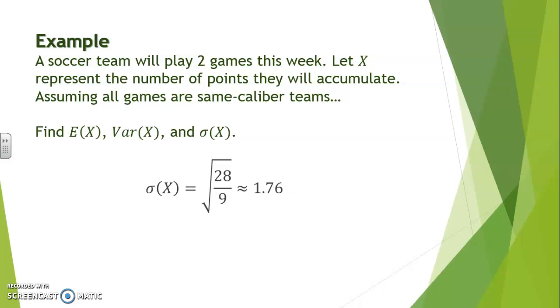So putting everything together, we have an expected value of 2.66 and a standard deviation of 1.76. This gives you an idea of an interval of values that is the most likely to happen in terms of the team's accumulated points. So 2.66 plus or minus 1.76 generally gives the most feasible outcomes by the end of